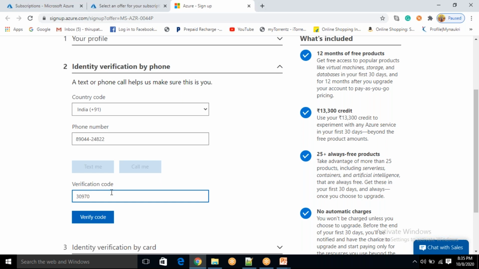Once again, your code is 3097. The phone will disconnect after telling it two times, and you can verify the code. So this is how you need to verify your code.